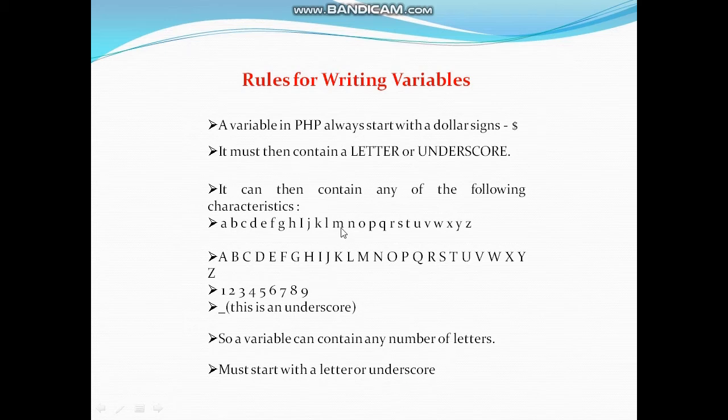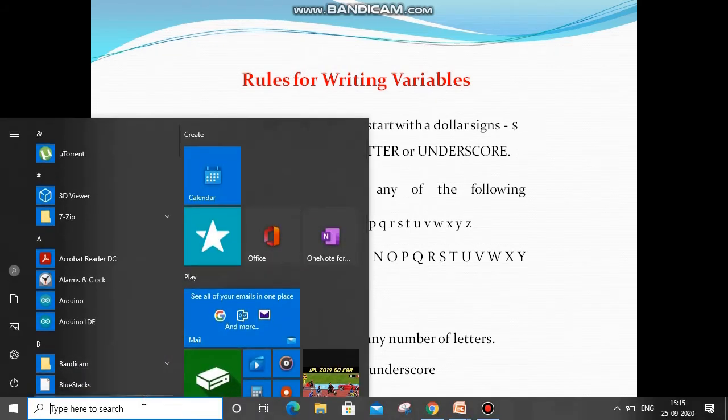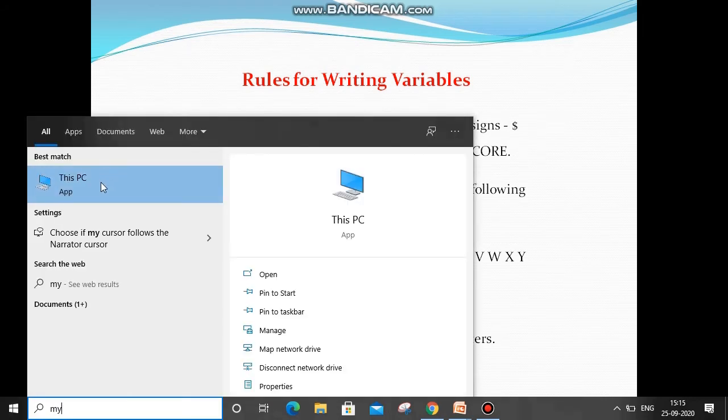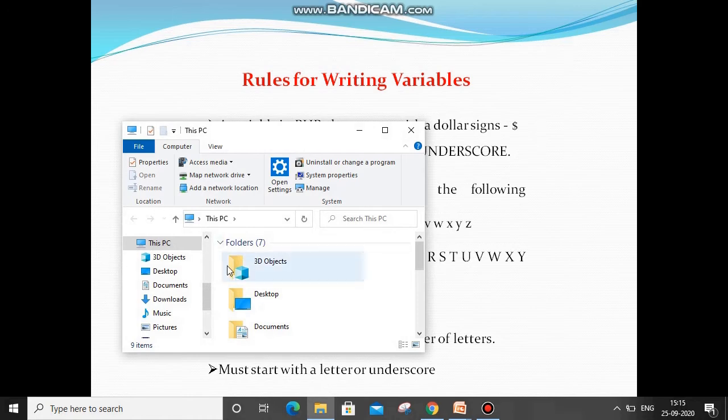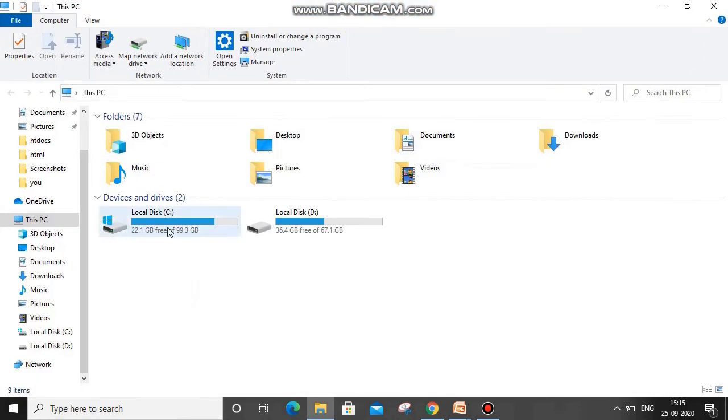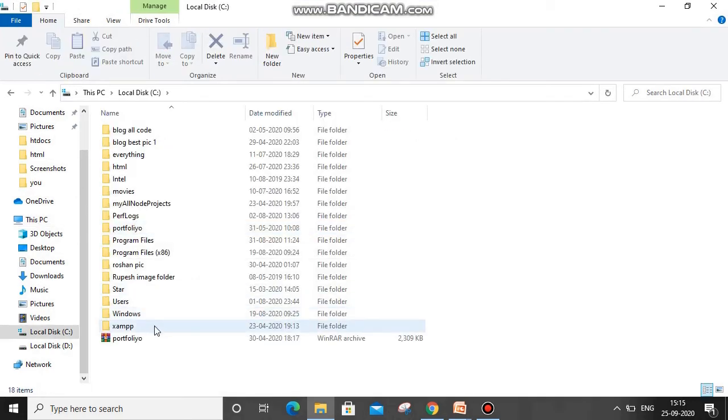Now I will show you in practical. So we have to open our file first. As you know, we have to go inside our C drive. So we will go to My PC, click on C drive, and go inside XAMPP.